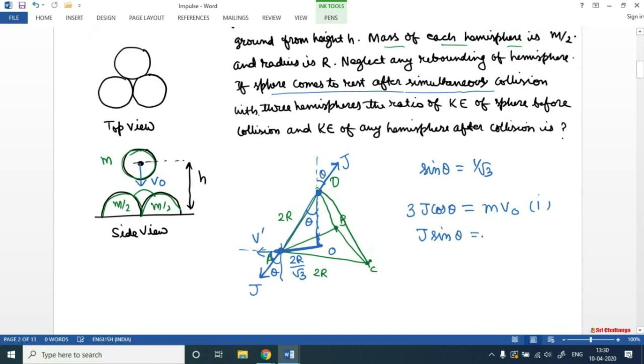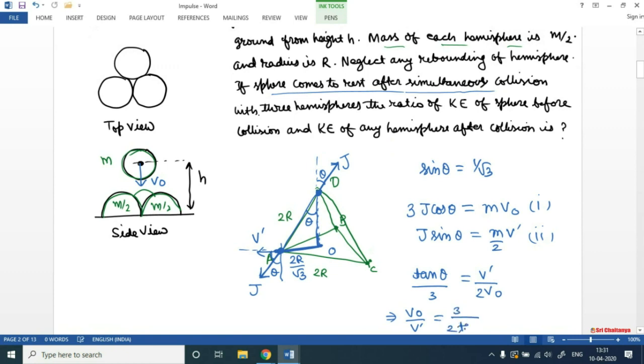So J sin theta will be equal to the change in linear momentum, and that would be m by 2 times v dash. So that is equation number 2. Just by dividing equation 2 by equation 1, we will get tan theta by 3 will be equal to v dash divided by 2 V naught over here. So that gives us V naught by V dash will be equal to 3